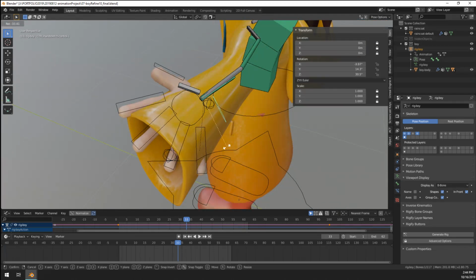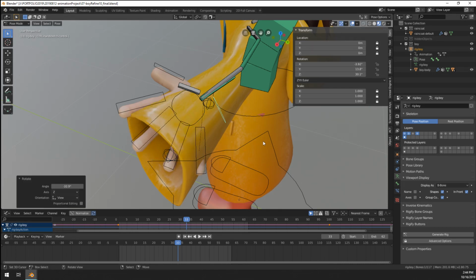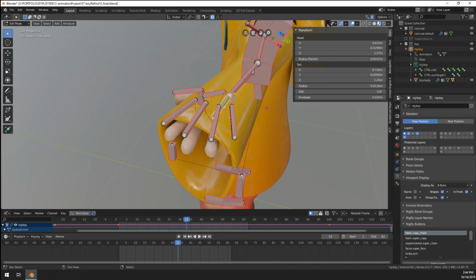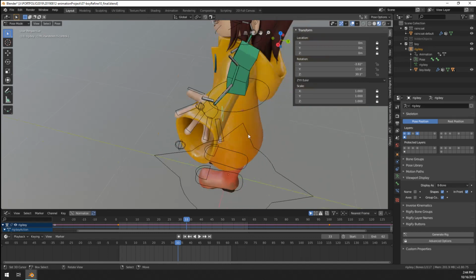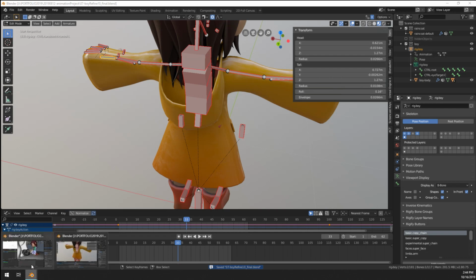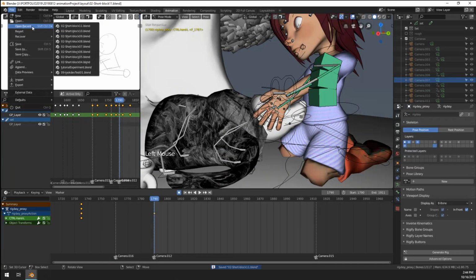Kind of moves with a delay for some reason. Oh wait, but this one should just be to the hand. Yeah. Otherwise it doesn't make sense. Yeah, okay. There we go. Cool. So if I save this now, and I save this one, and I reopen it,